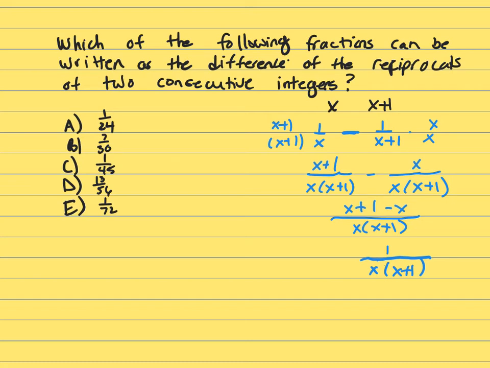Well, how do you get 24? 1 over 24 is either 6 times 4. Well, they're not consecutive. They're 2 apart. 2 times 12. Well, they're definitely not 2 apart. 2, 3. 3 times 8. 4 times, I've already done 4 times 6. So that doesn't